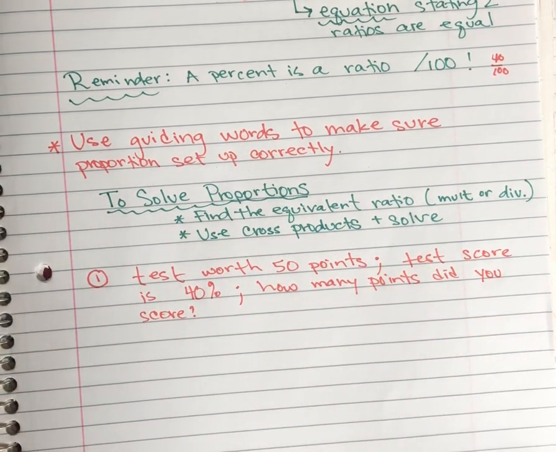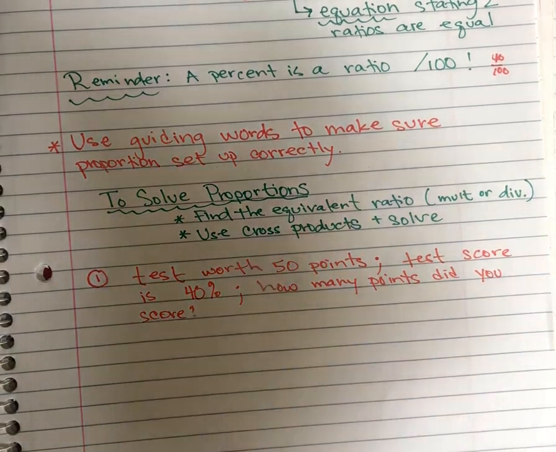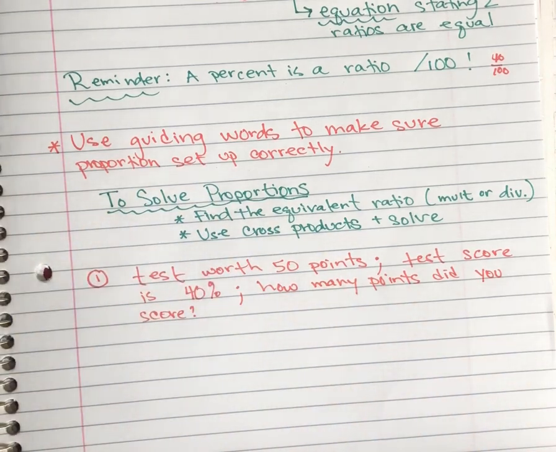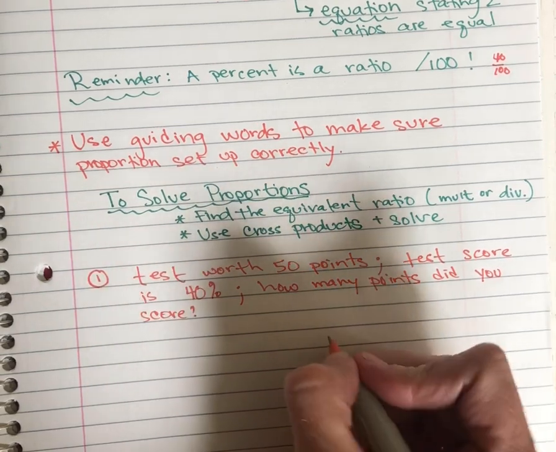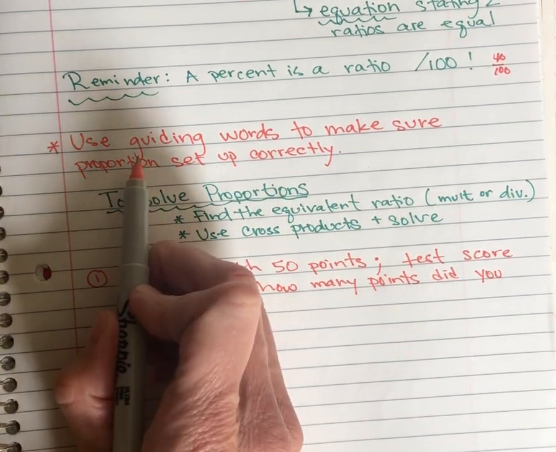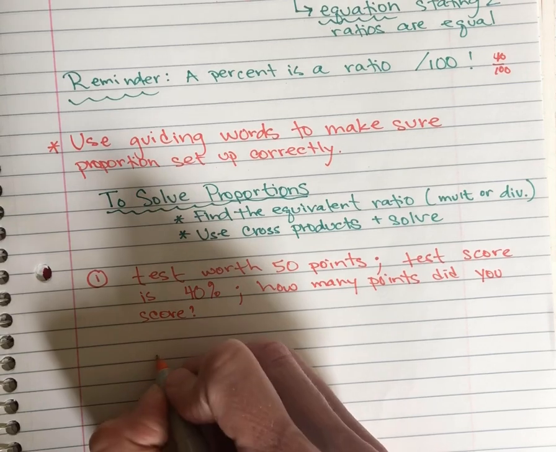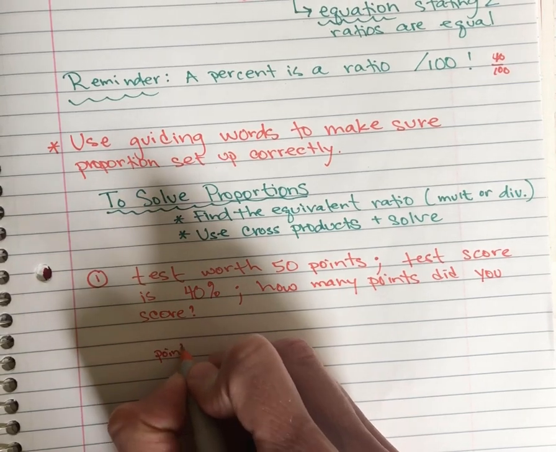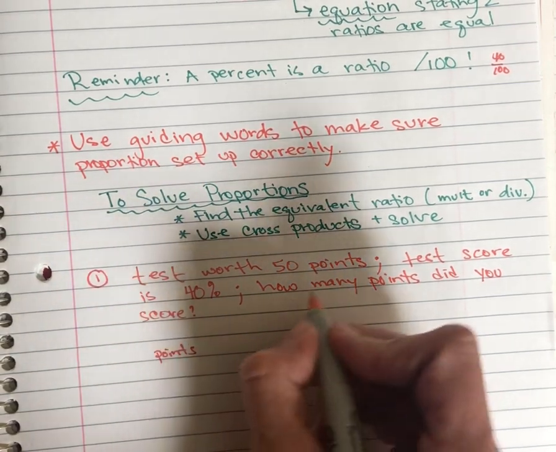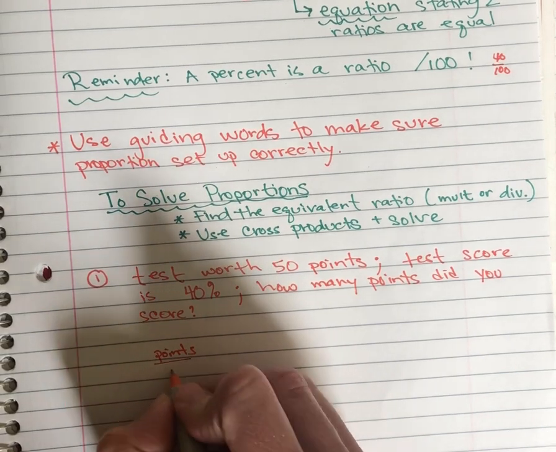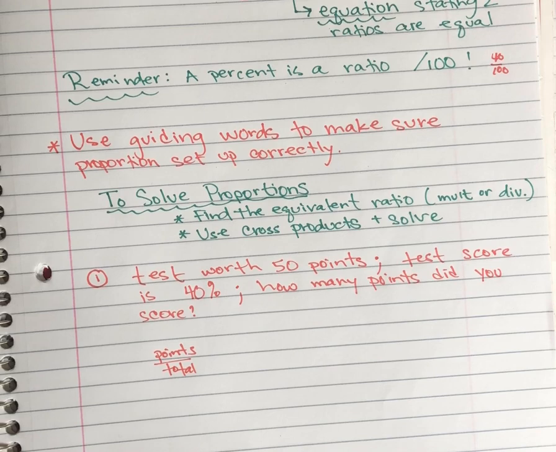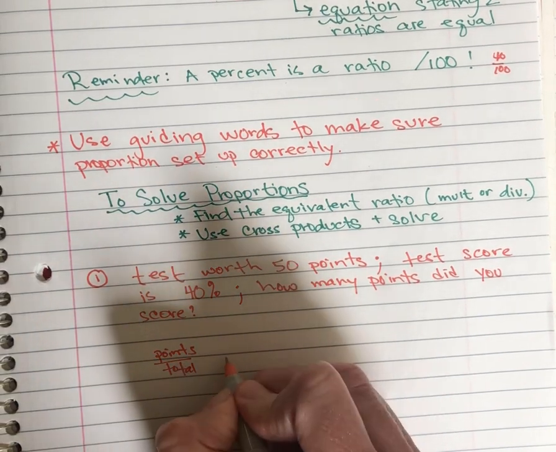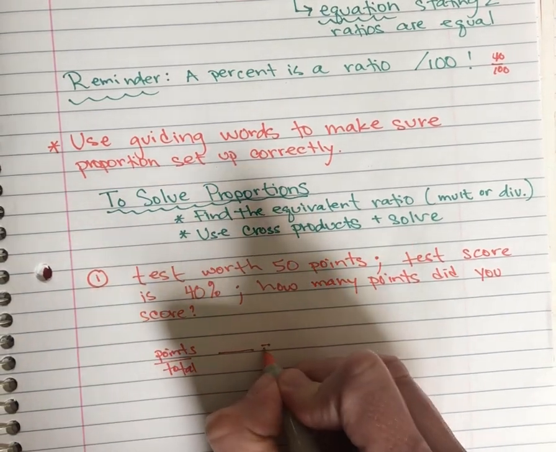And you've already done this before in a ratio table. So you are completely set up. You know how to do this in a ratio table. We're just going to take away the outline of the table and just write it as a proportion. So let's talk about these guiding words. We know we have to figure out how many points, and we're given that it's out of a total of 50 points. Okay, so these are the guiding words that we're going to use to help make sure our proportion